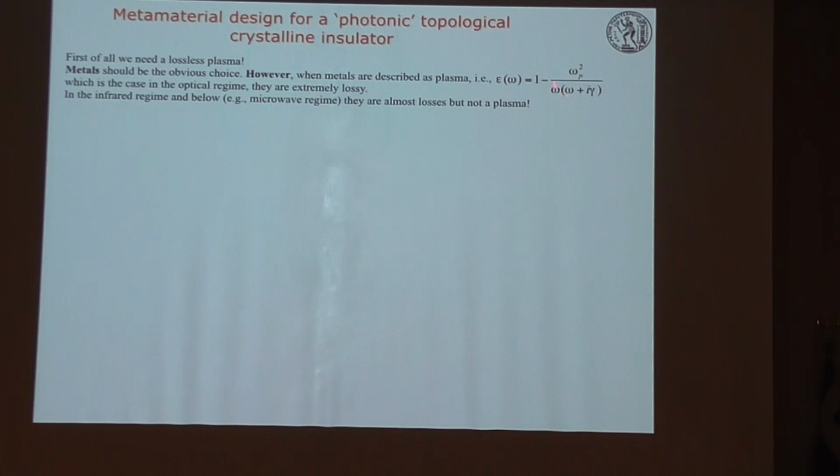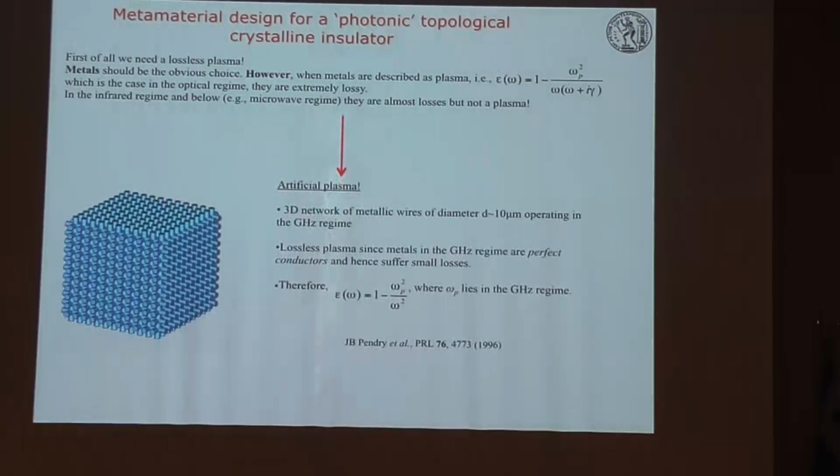For frequencies below the plasma frequency, all waves are evanescent in a metal. But the thing is that we also have losses which are very large in the optical regime. So this somehow spoils the whole remedy for transferring from the electron to the photon picture. So this is why one needs to have